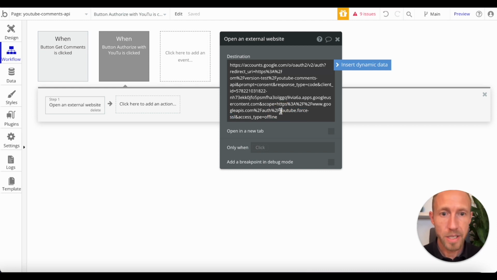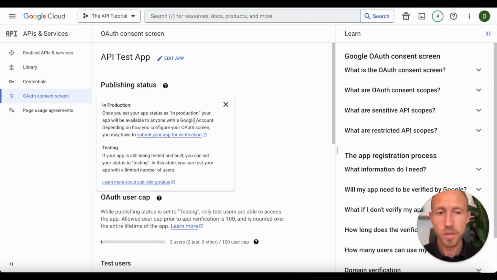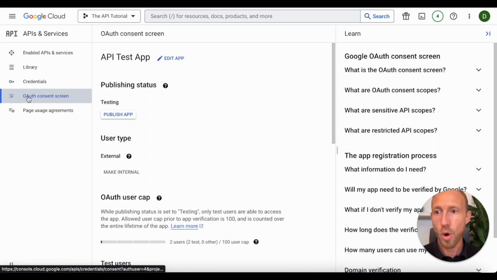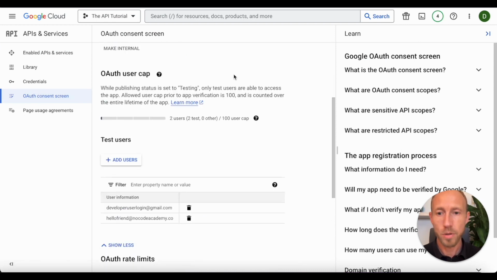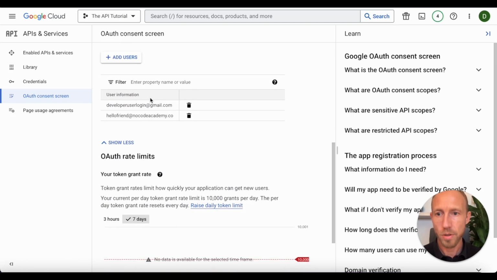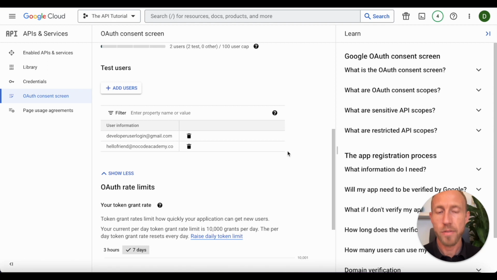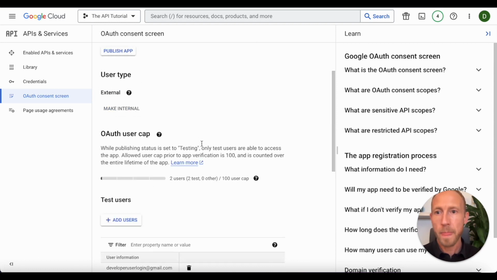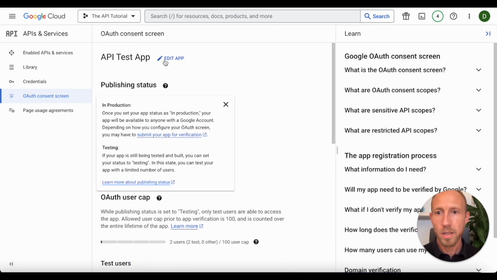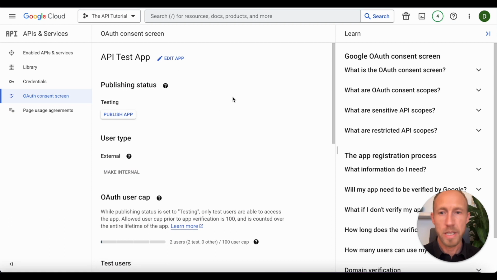So in the last video, just a reminder, because this is also part of this video, head over to your OAuth consent screen in your Google Cloud console.cloud.google.com project, and make sure that whatever channel you're testing on and that you would eventually implement is set up. So here with test users,